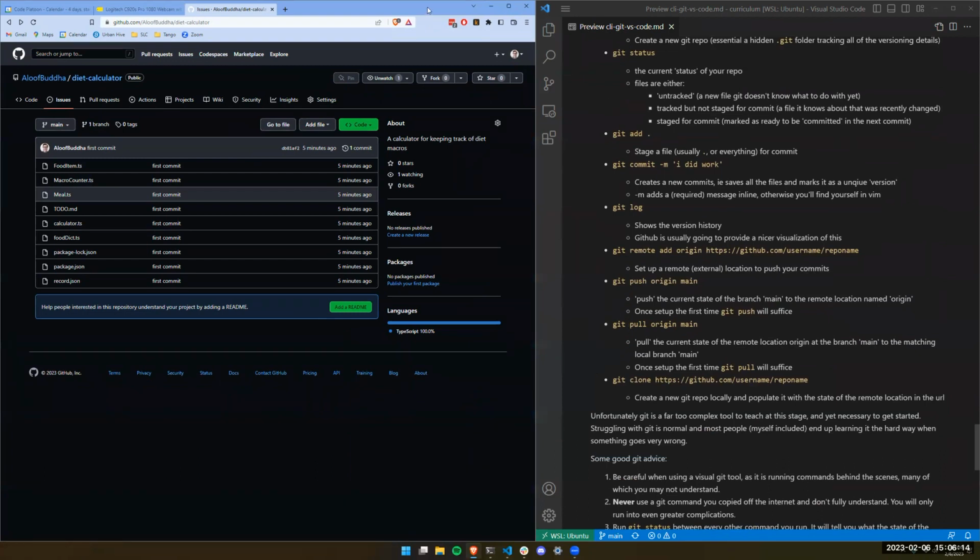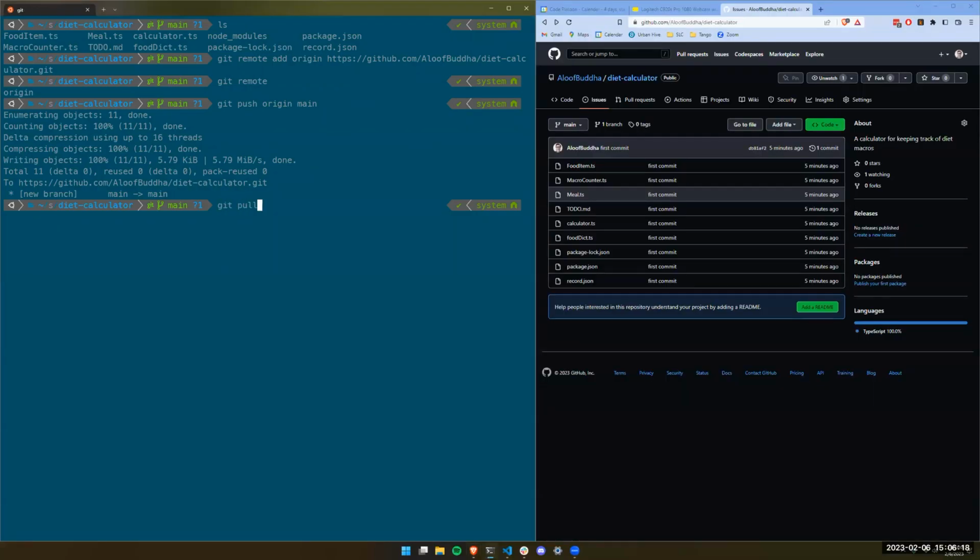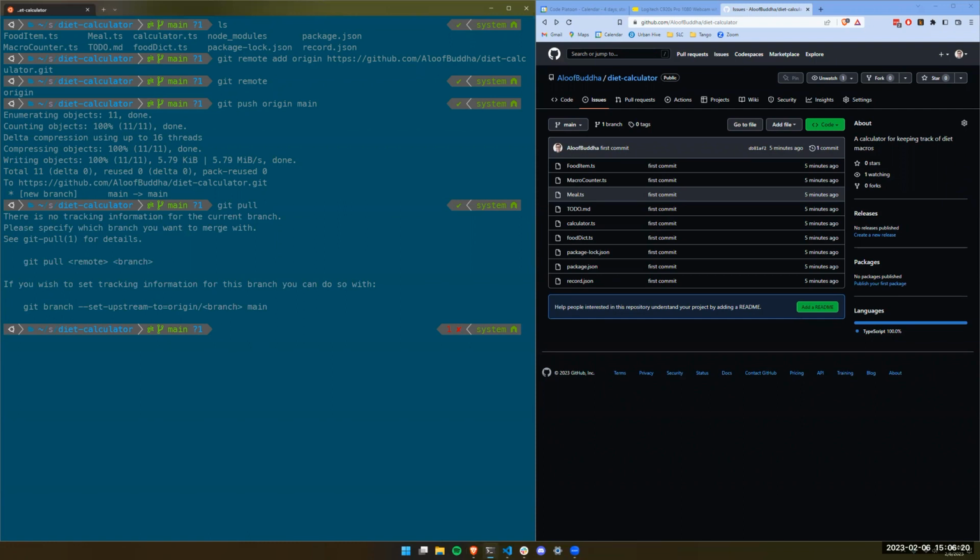So if I were to say git pull right now, I don't think I have to say, or no, it does want me to. So I could say git pull origin main, and it will do that.